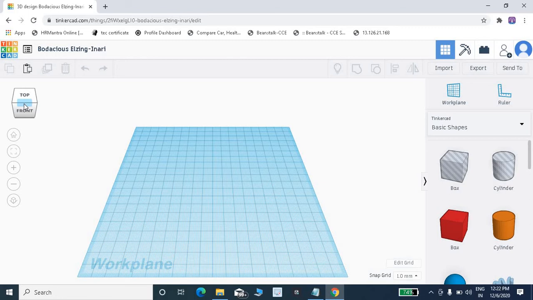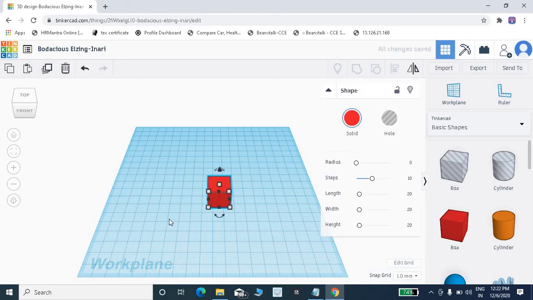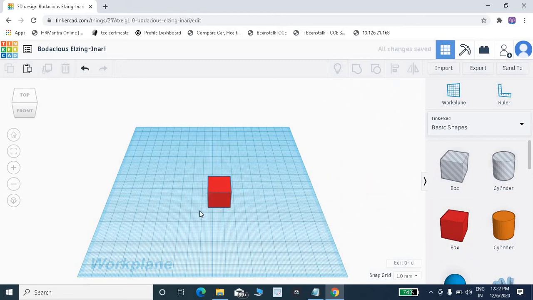By using this, you can view your object or your design in different angles. For example, this box, and you have to see this box in different angles.